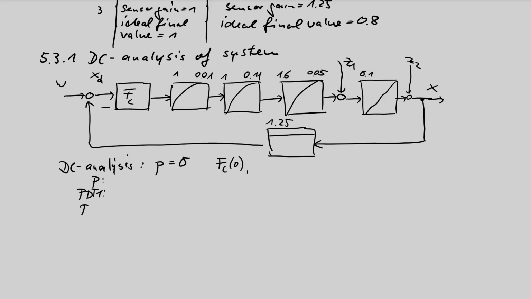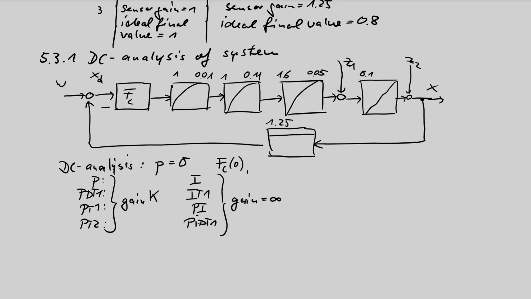we have other PT1s, PT2 blocks, proportional blocks. They have the gain, the constant frequency independent gain K. Then we have integrating blocks, IT1, PI, DT1. In DC, they have a gain, and this gain can be calculated to infinity. The gain is infinity. If we have this type of block and we have